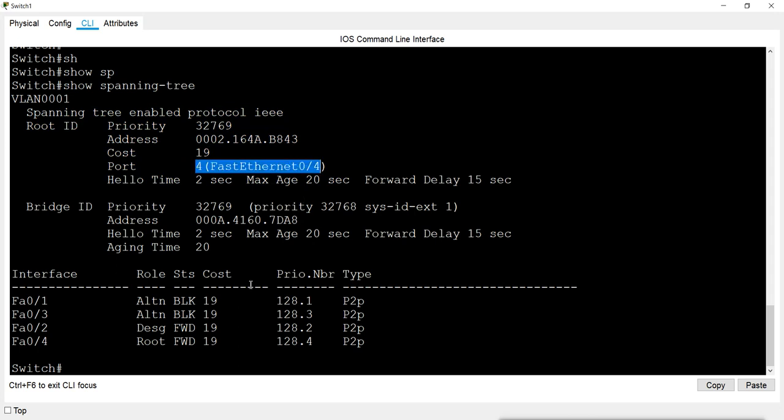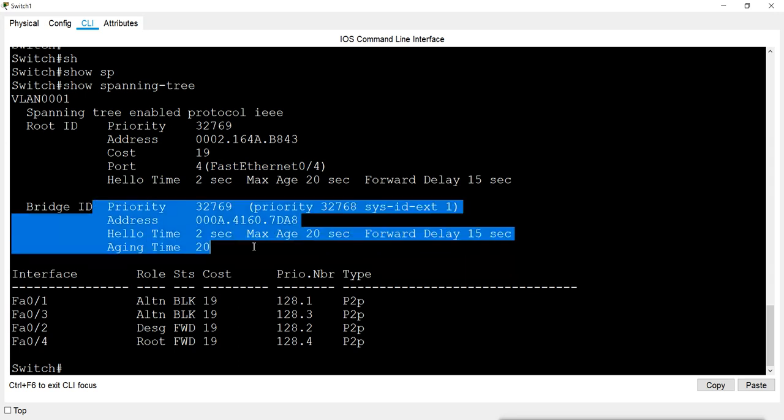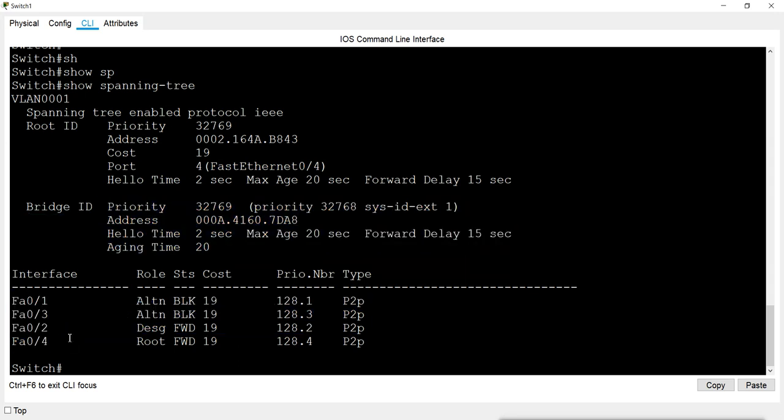This is this switch's information, and these are the four ports it has. Two of these ports are in blocking state. Which ports? FastEthernet 0/1 and FastEthernet 0/3. They are in blocking state.